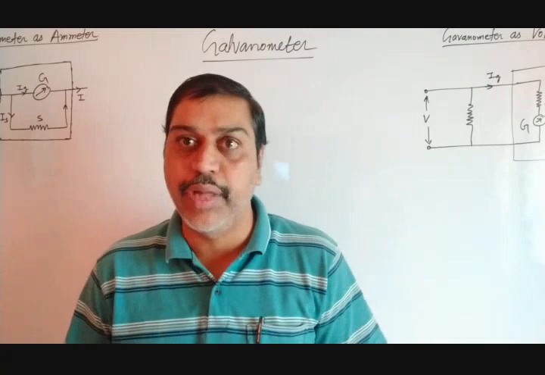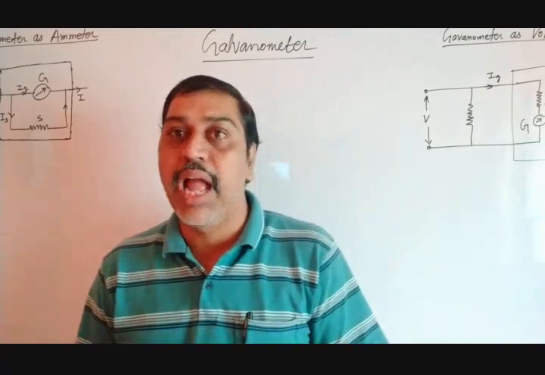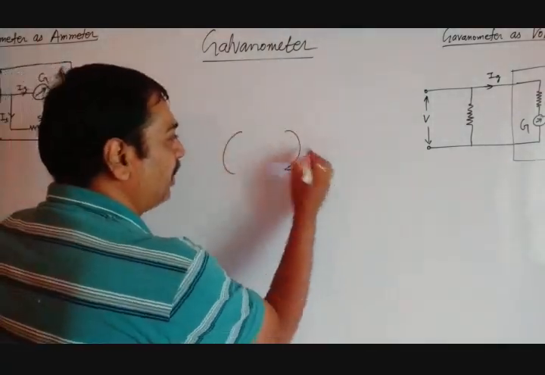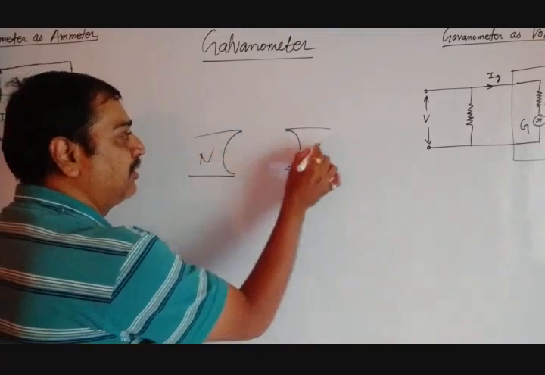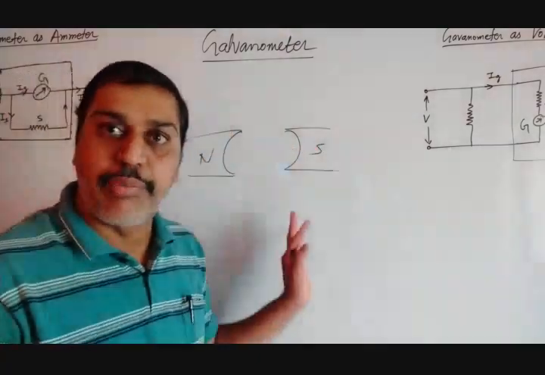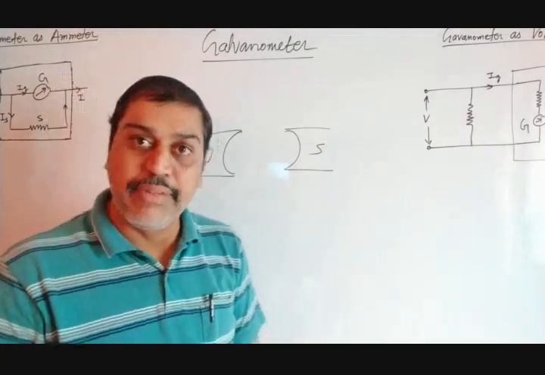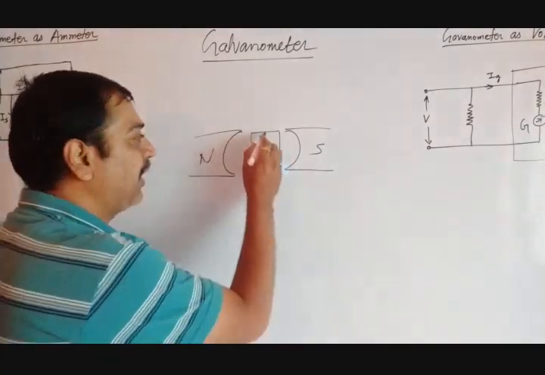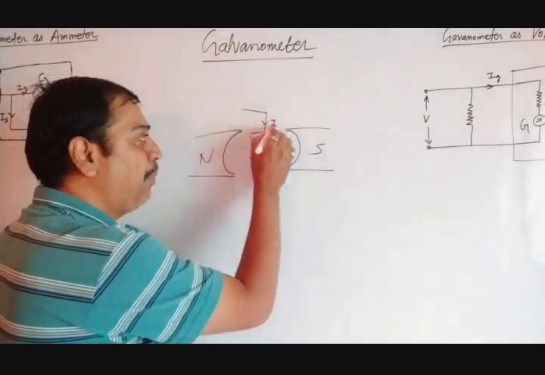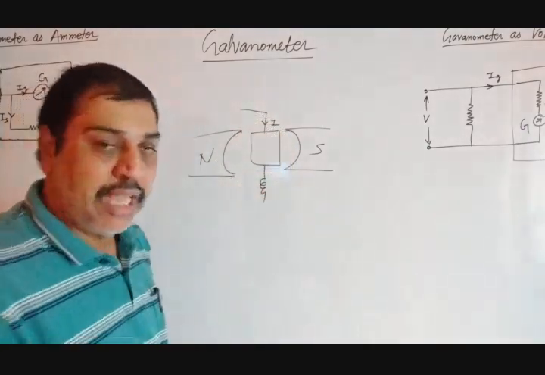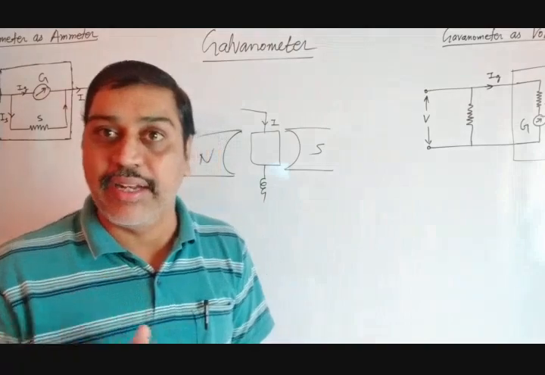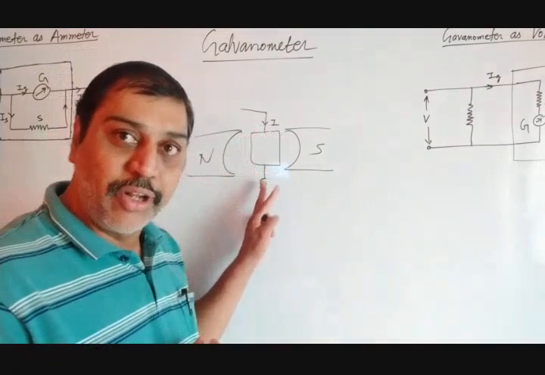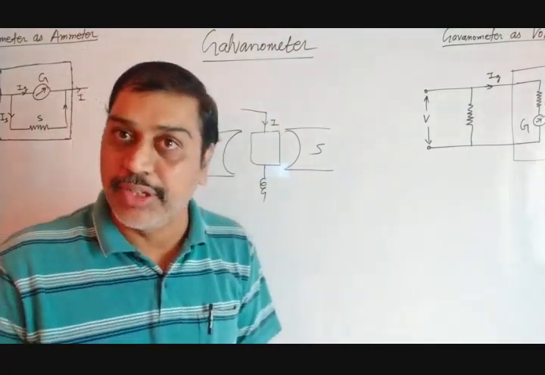It consists of two horseshoe type magnets. The magnetic poles have a horseshoe shape, like a horse's leg shoe. These are the two magnets, we can say this is north and this is south. Within these horseshoe magnetic poles, we keep a rectangular coil, and this rectangular coil gets deflected as current I passes through the coil. The deflection of the coil is directly proportional to the current. So by measuring the deflection of the coil, we can measure the current flowing through the galvanometer.